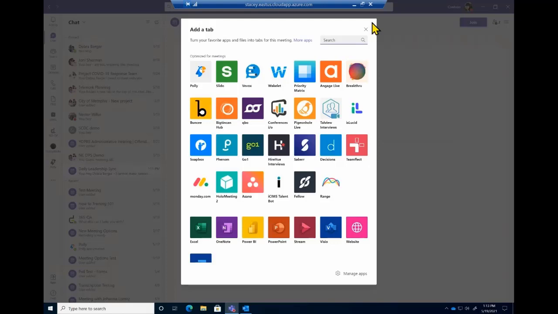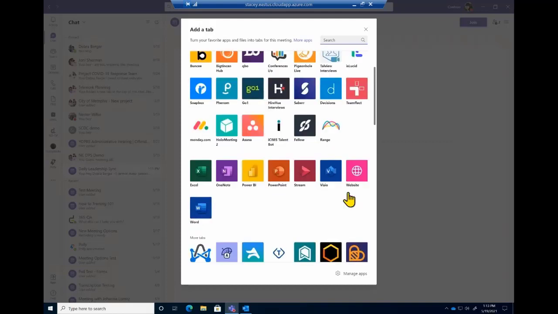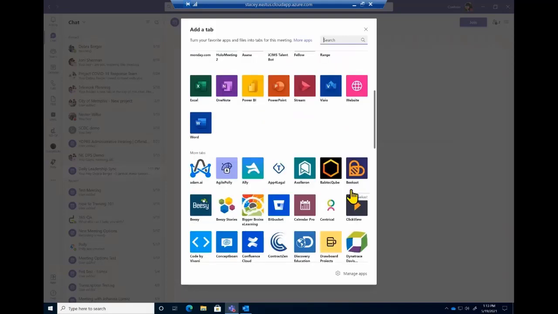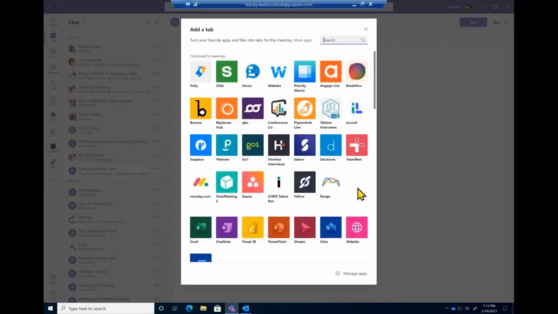So if you do not see what I'm showing and you potentially had a use case for Poly, which we'll talk about, or a few other of these third-party apps, or even Microsoft apps, you should reach out to your IT team, state your business case, and see if they can permit you to have it turned on for your account. So again, they are available. You just may not have them turned on in your environment.